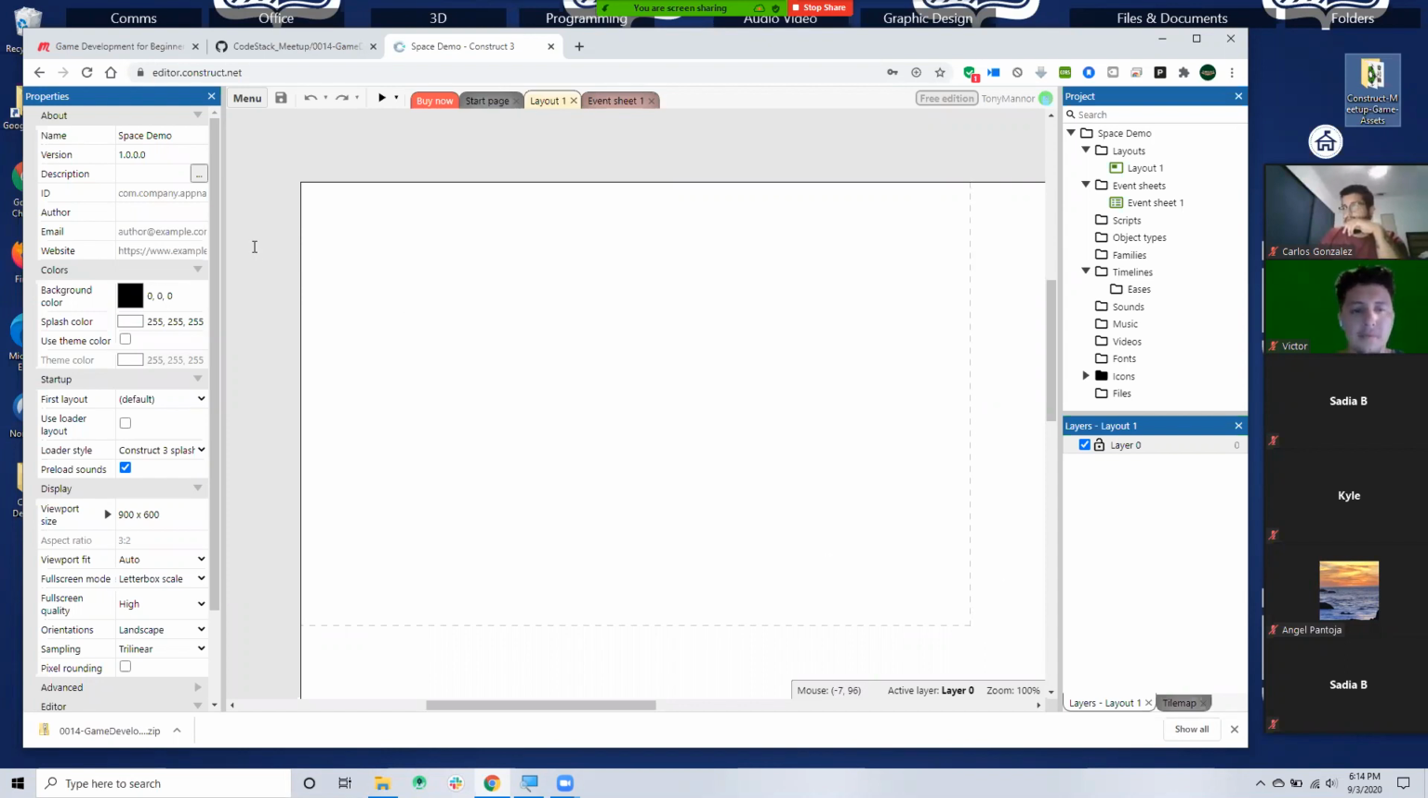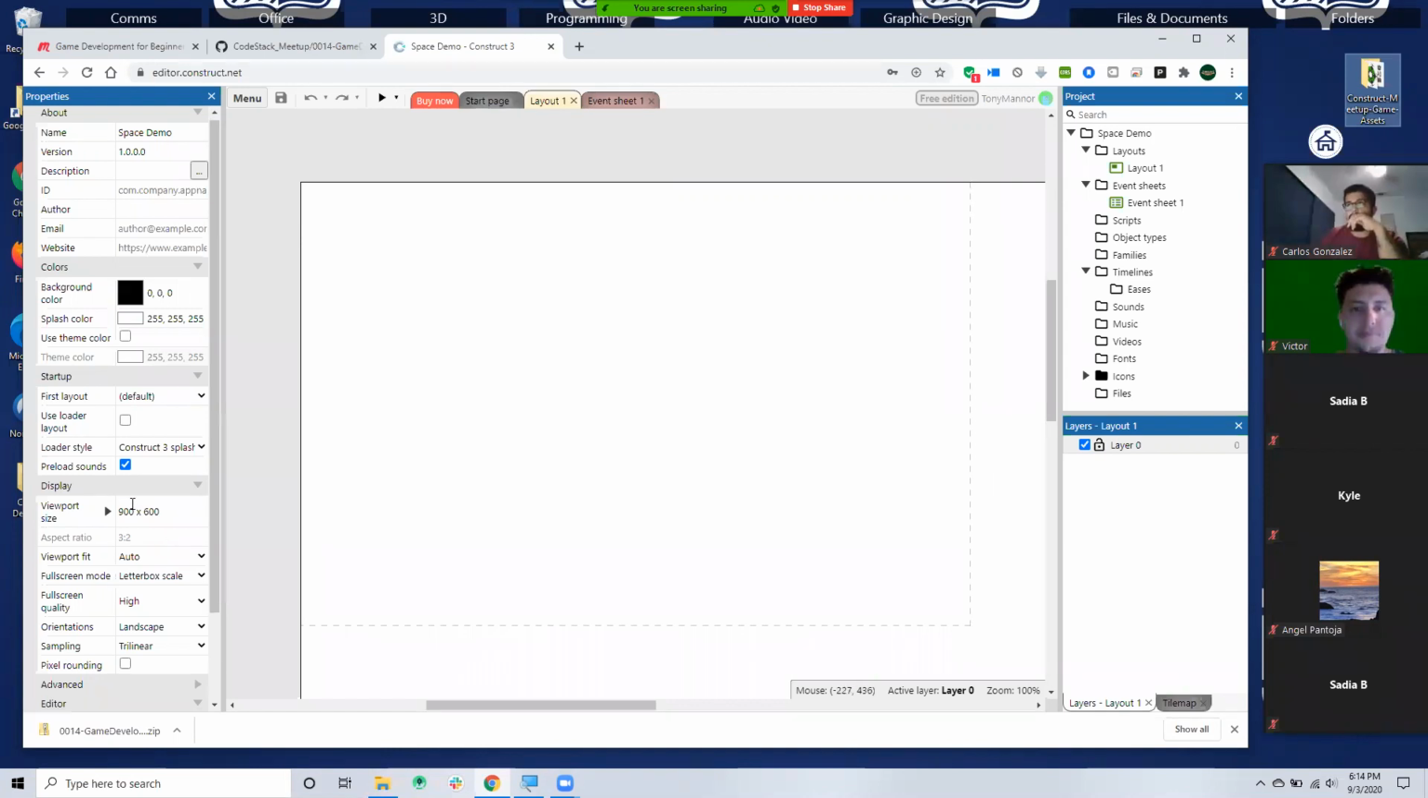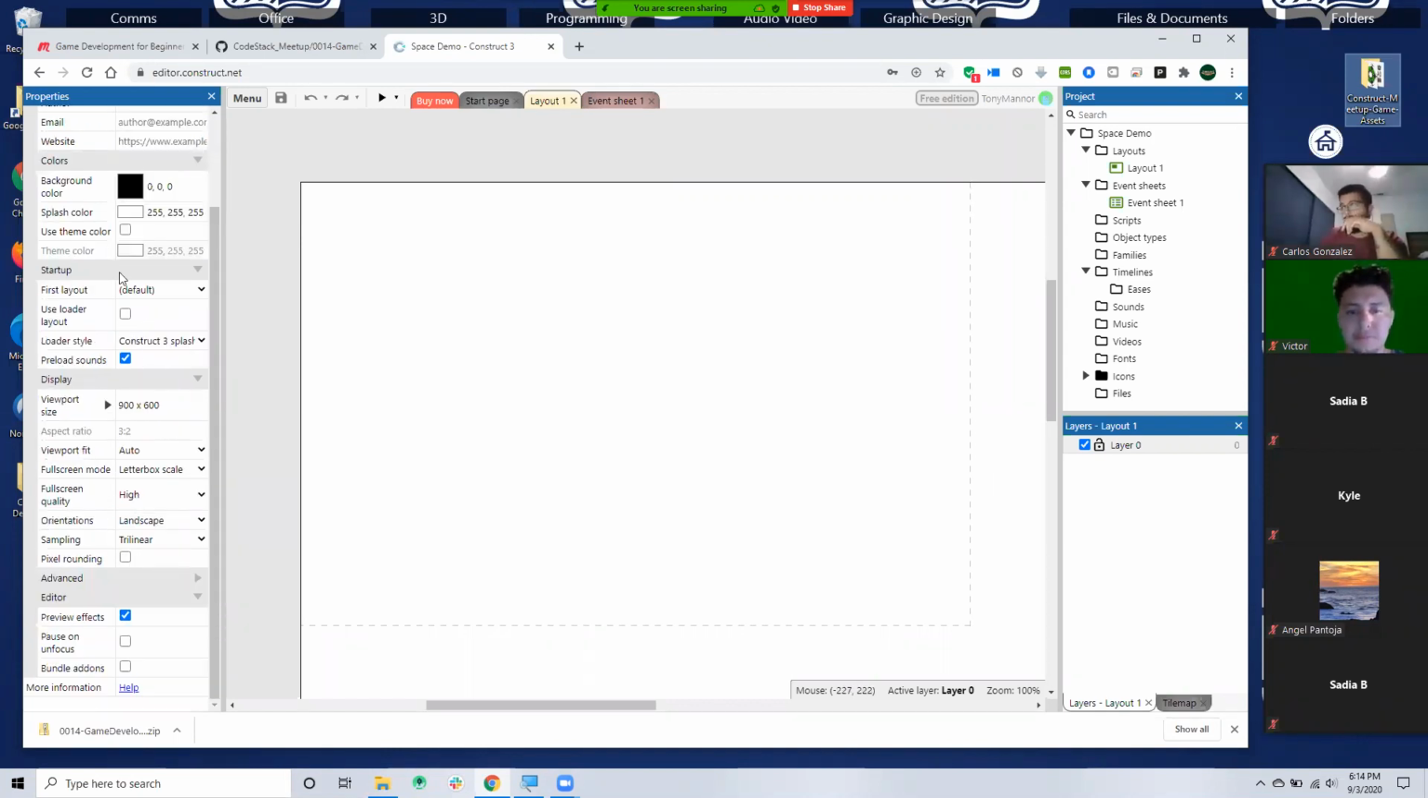On the left-hand side here, we have all of our properties, and we use this constantly. So this is really going to be our playground where we set up all of our attributes and the way the different elements behave and move around the screen. Over here on the right-hand side,